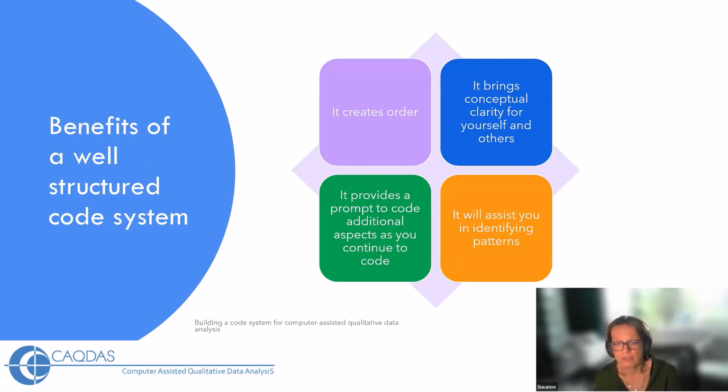If somebody needs to look at a code system with 150 codes that you know by heart, that doesn't mean somebody else can find their way around it. That would be very difficult. But also for yourself, it gives you prompts to code additional aspects, or to say, oh, I have this category and it fits there. It might be a new subcode. Having an overview of 10, 12 categories, higher order codes,